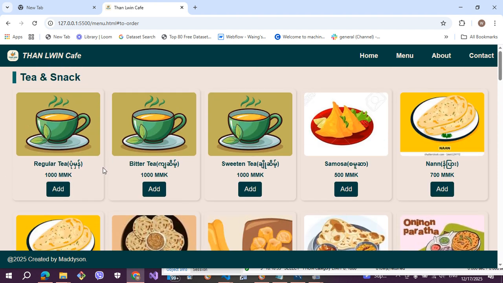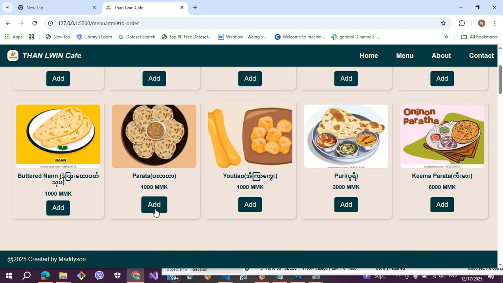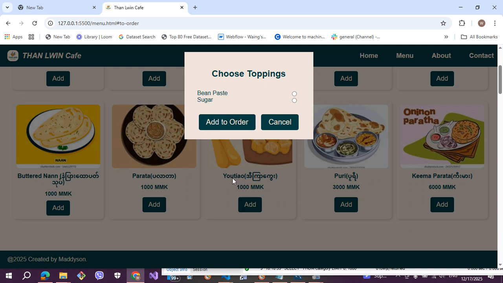You can add tea, various kinds of tea, and samosa. When you add a product, it will make you choose between sugar or bean paste. If you have some kind of stomach or intestine problem like diarrhea, you cannot choose bean paste, right?